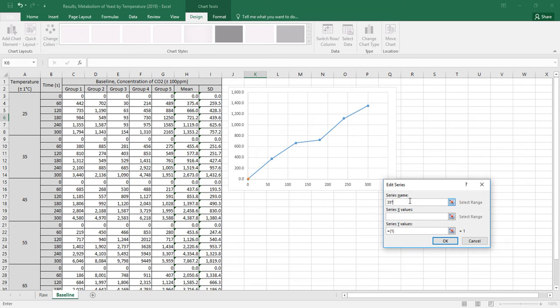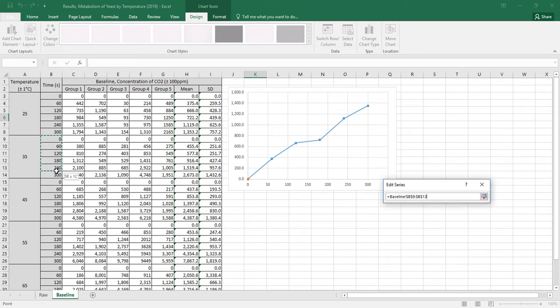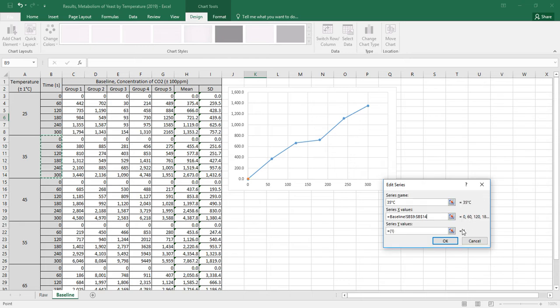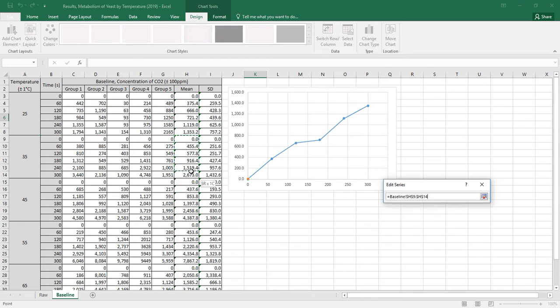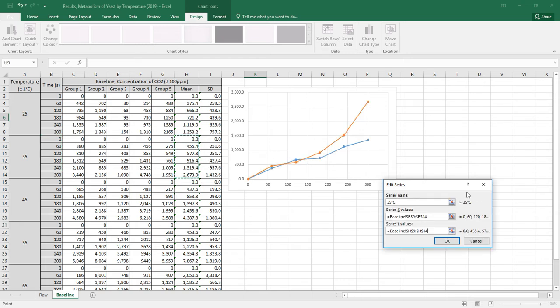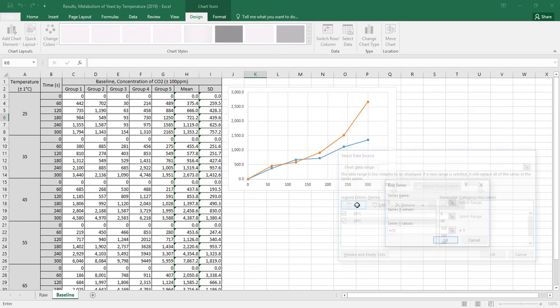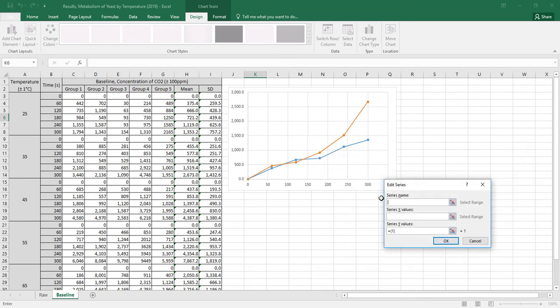Alt 176 is it on a Windows computer. I'm not really picky whether or not you add the degree symbol, but it does look very nice, and after all, you're doing this much work, you might as well put a little bit more into it. Next one here, we're going to call this 45. I'm going to enter 0176,